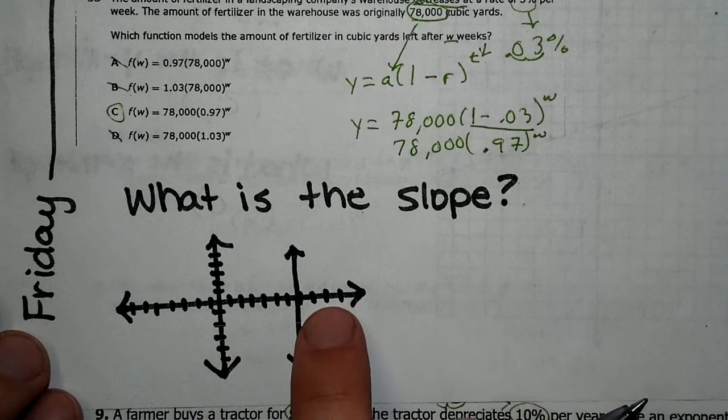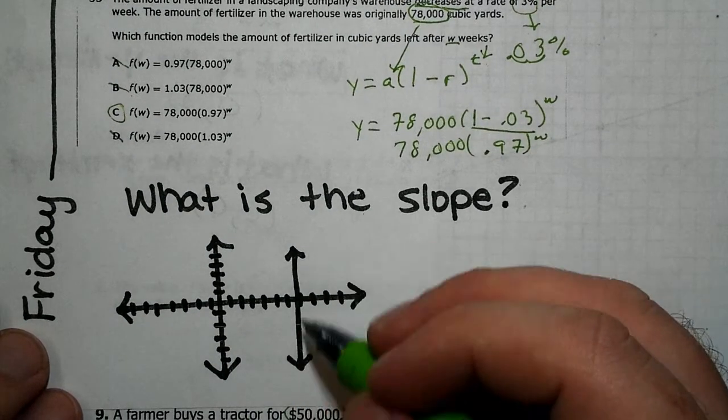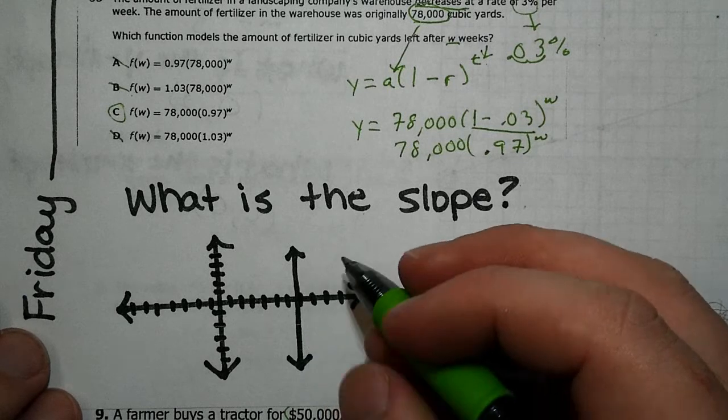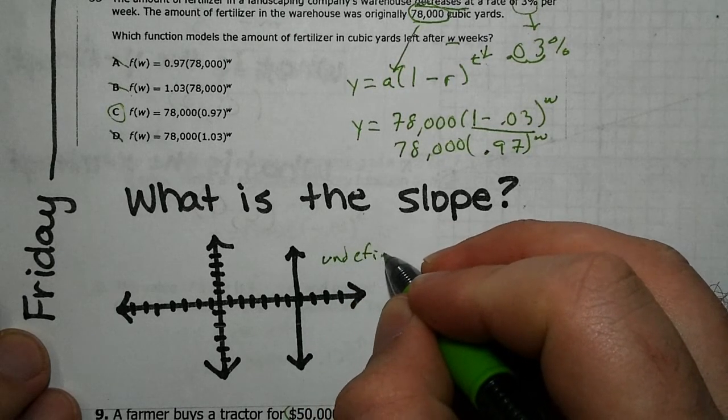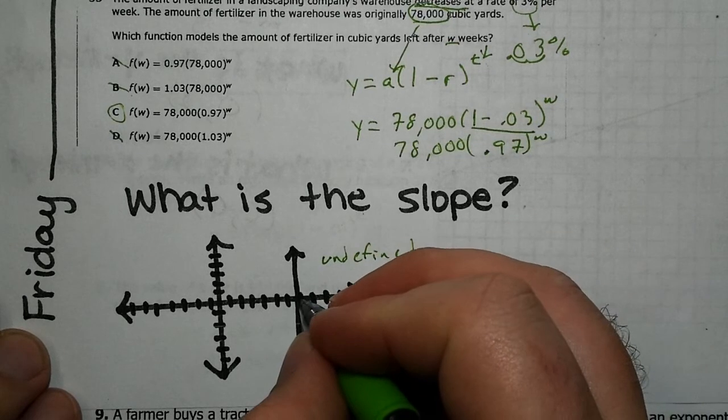The last one says, what is the slope? We have a vertical line. We talked about this yesterday. Vertical lines have a specific slope. It is always undefined. The reason it is always undefined is because if you took 2 points on here to